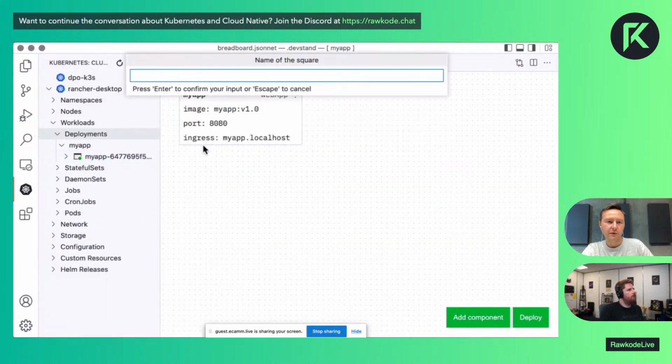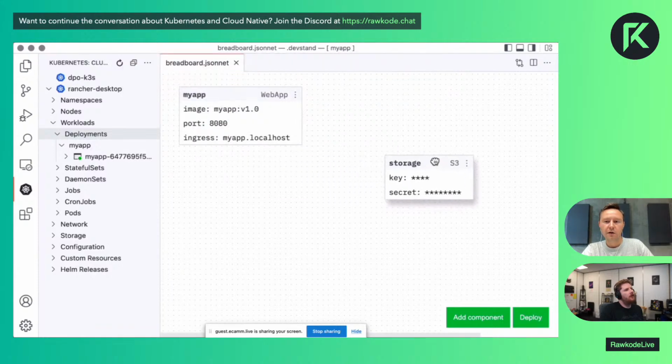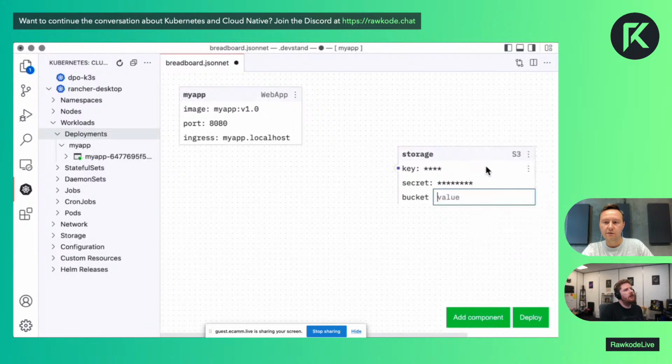For S3 compatible storage, we use Minio. And in the very same fashion, we create extra configuration for that storage. And the application,